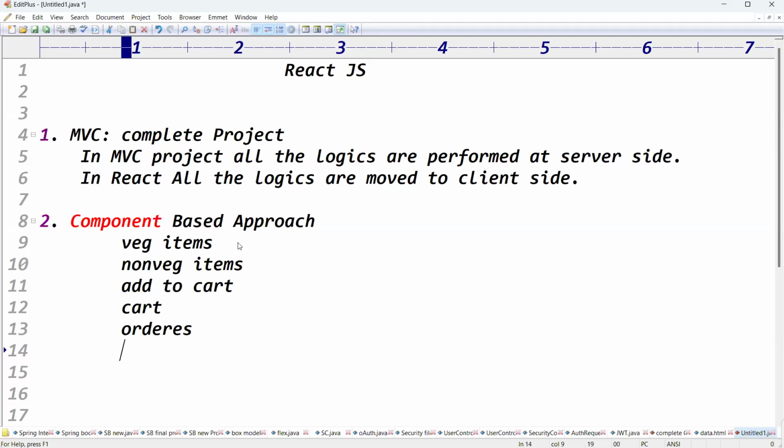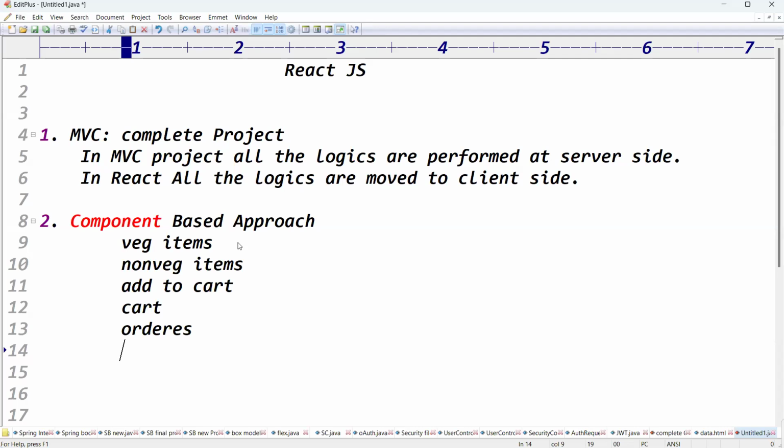Server side. It means every client has to send the request to the server side. The server has to process the logic, discount calculations, coupon code calculations, add to cart calculations, remove cart calculations. Everything is done at what? Server side. The server has to respond to you. That was in 2010, 2008, 2007, that time. But these days,